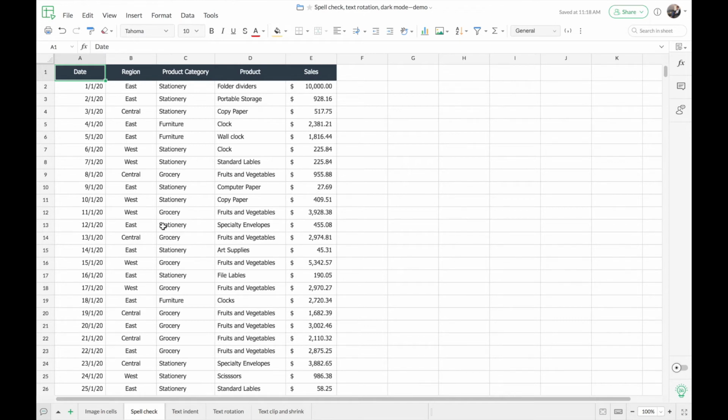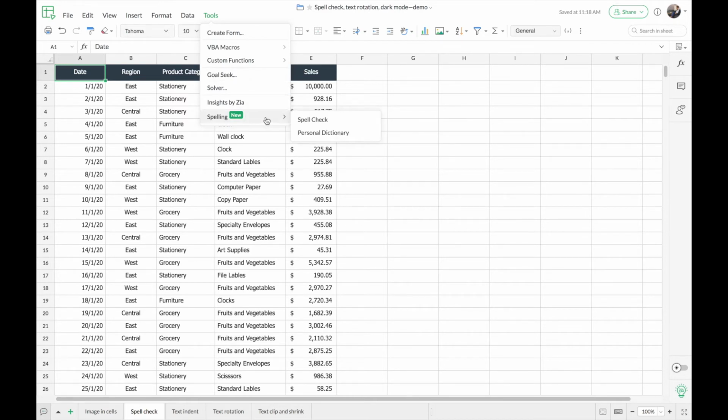If you have any misspelled words throughout the spreadsheet, this can be corrected using the spell check option. And the spell check option is also available in many other languages, so you can switch to those languages and get it corrected as well. Now, in order to use spell check, you can simply paste the selection anywhere in the worksheet, or if you have any specific cell range where you want to perform the spell check on, you can select that cell range and then go to the tools menu, and you'll find an option called spelling. And here you can choose spell check.